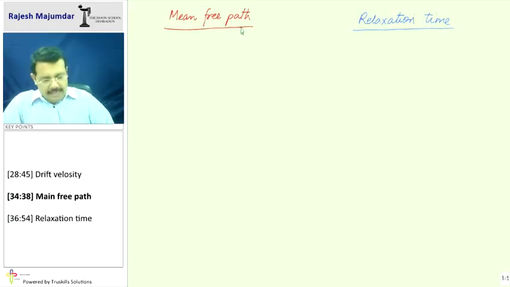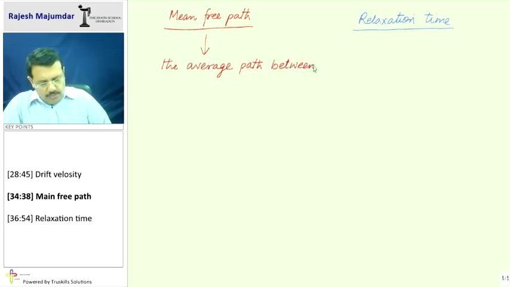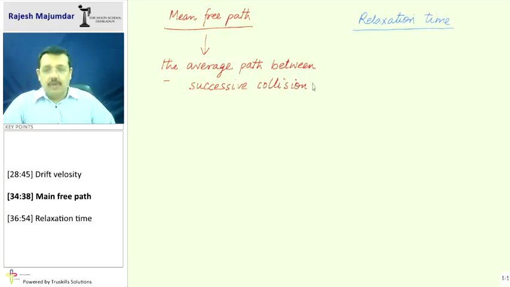Mean free path is defined as the average path between two successive collisions. Between two successive collisions. So what is the meaning of that? Suppose